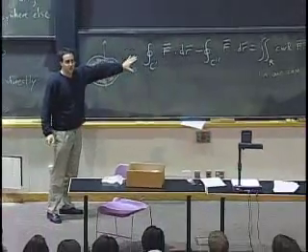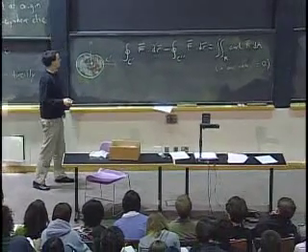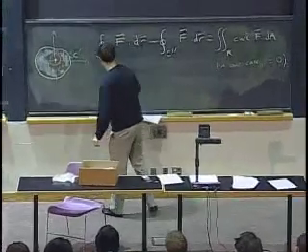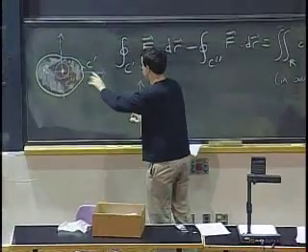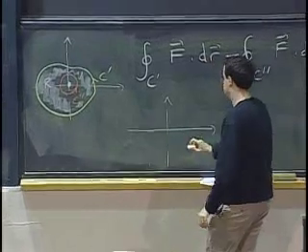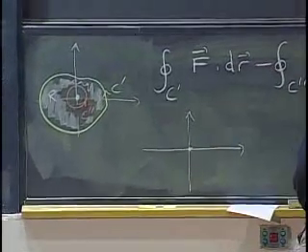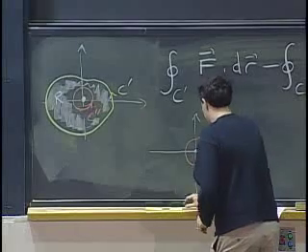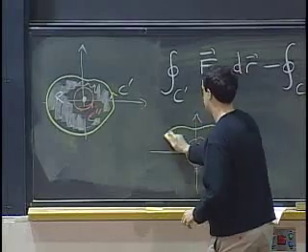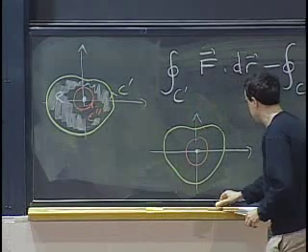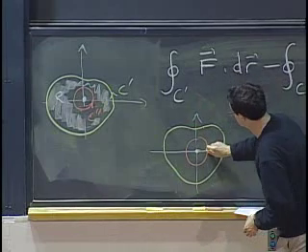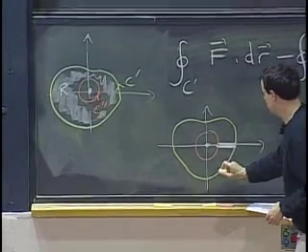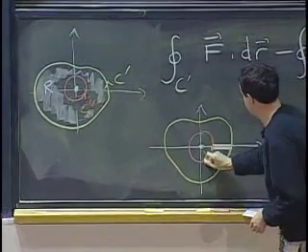And why is this not conceptually a new theorem? Well, just think of the following thing. I'm not going to do it on top of that because it's going to be messy if I draw too many things. But here I have my C double prime. Here I have C prime. Let me actually make a slit that will connect them to each other like this. Okay. So now if I take,